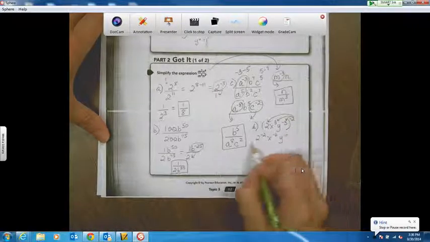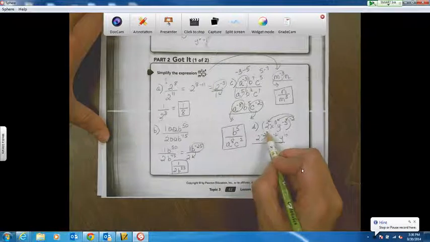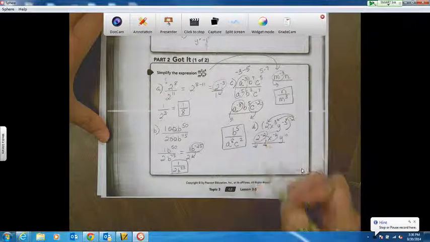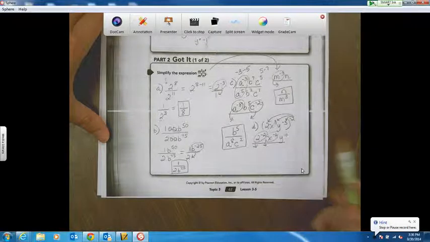Alright, now we're going to remember the only things that move downstairs are negative exponents. So go ahead and find your negative exponents. That's this one and this one. Those two need to move downstairs, but Mr. Y to the 10th, he's going to stay upstairs. Okay, so my final answer would be y